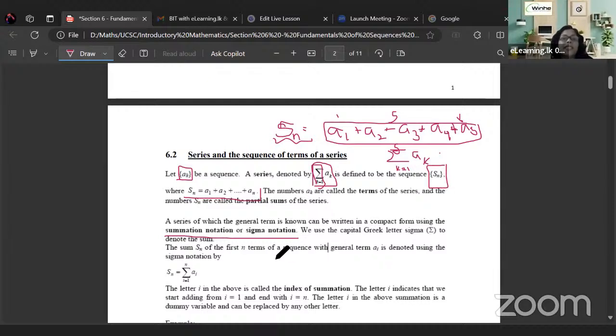So if you consider Sn, it is the first n terms of the sequence. අපි n terms ගන්න here is 5 කියන එක තමයි we represent using a1, a2, a3, a4, a5. If it is n terms, then a1 to an you have to consider. Then you can represent it as Sn equals sum of i equal 1 to n. Sigma use කරනවා නම් to represent the summation, අපි sigma ලියලා මේ පහළ දානවා.